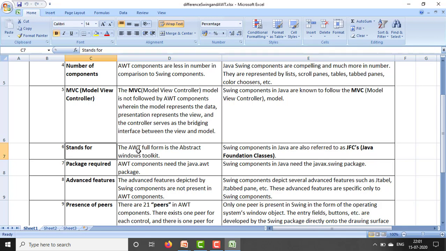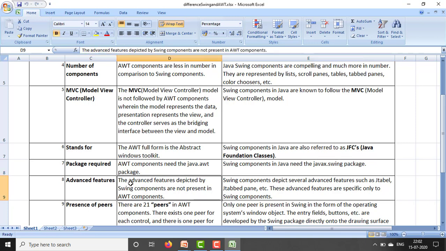Stands for: the AWT full form is Abstract Window Toolkit. The Swing components in Java are also referred to as JFC, Java Foundation Classes. Package required: AWT components need the java.awt package, and Swing components in Java need the javax.swing package.